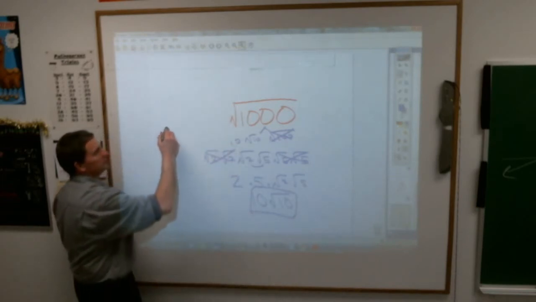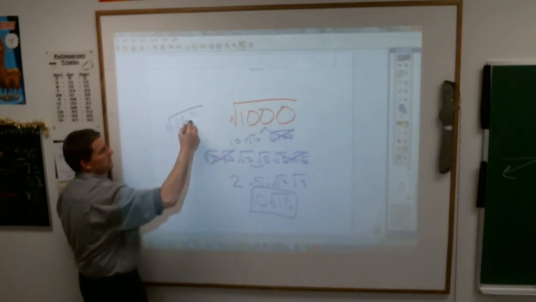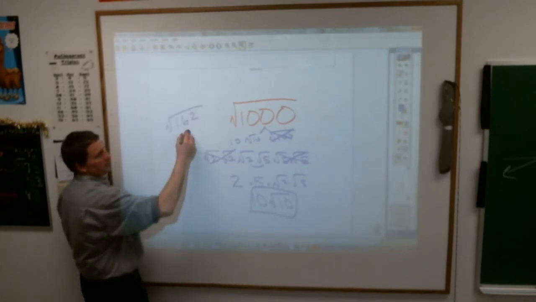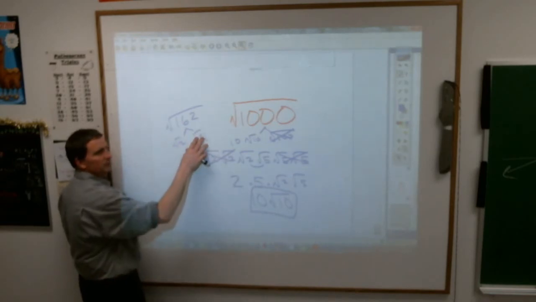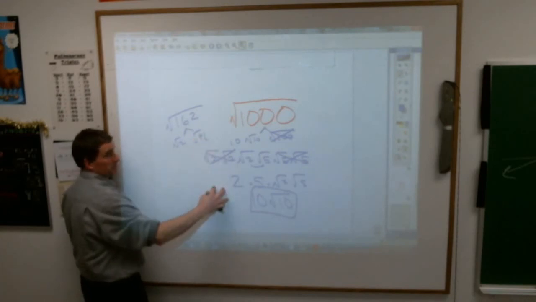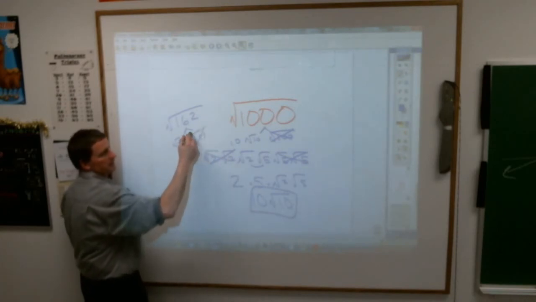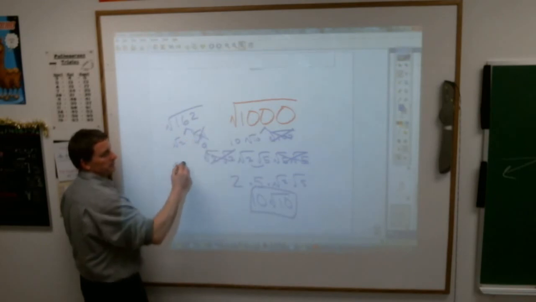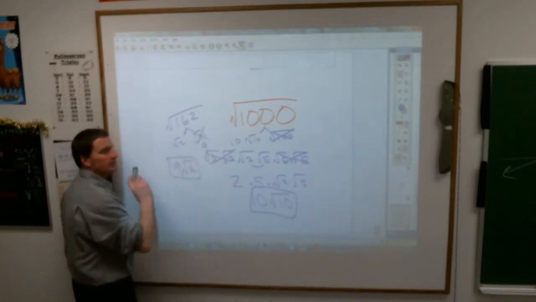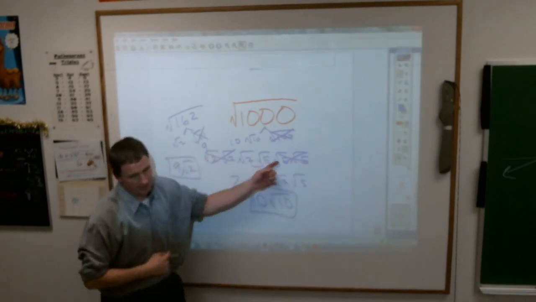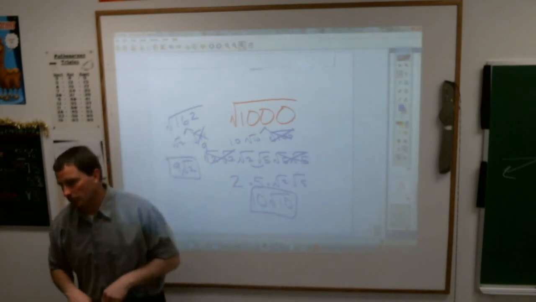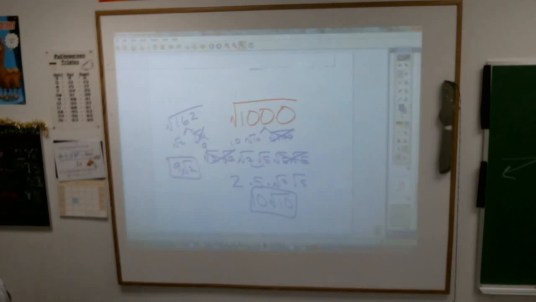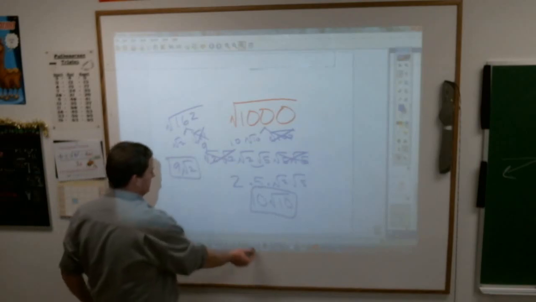Or if you had the square root of 162, and you broke that down into the square root of 2 times the square root of 81, the square root of 81 is a perfect square. This is 9, and your answer is 9 times the square root of 2. Now for many of you, that doesn't make any sense. You will do it this way. But a few of you, if that made sense to you, feel free. But don't take shortcuts unless you're absolutely positively sure. You still need to write the square root signs down on all of that. So don't cut